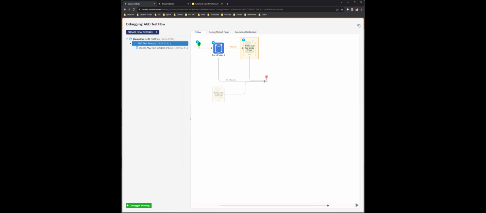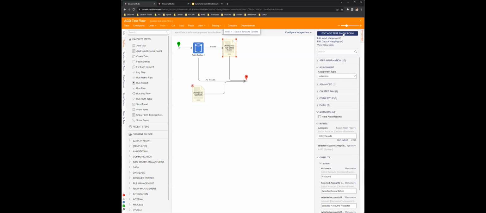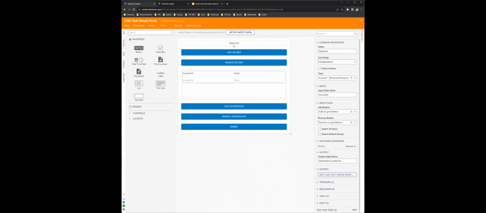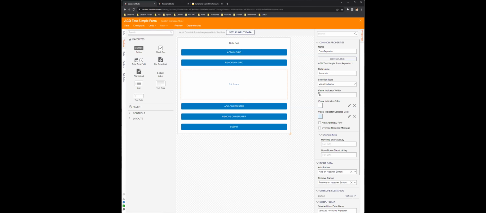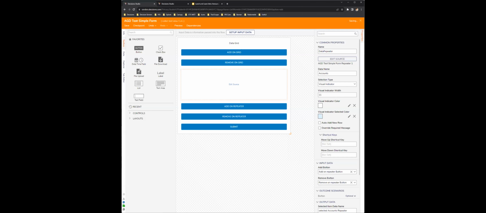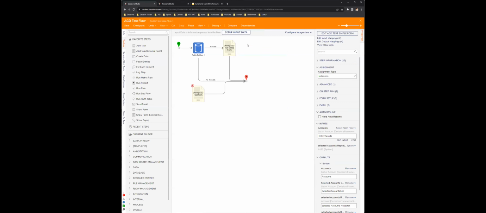There are small differences as well in some configuration. So for a data grid, you are able to show actions. So if I were to click this, and I'll save this, and we'll go back to that preview. Data repeaters do not have that capability. So if I go back, let me just make sure this would be set up correctly.